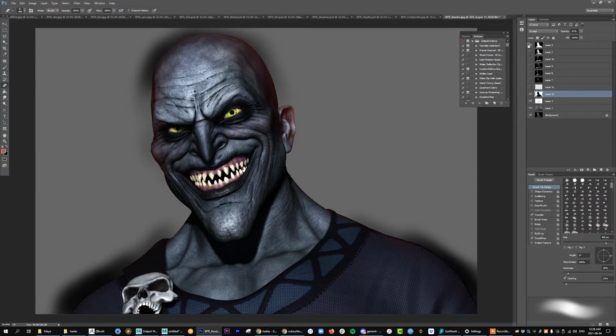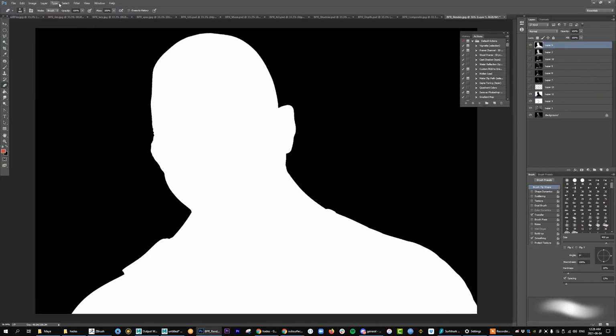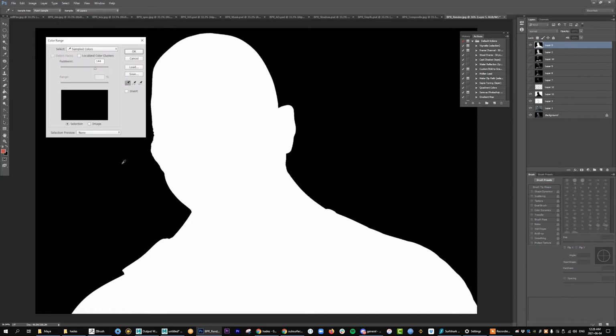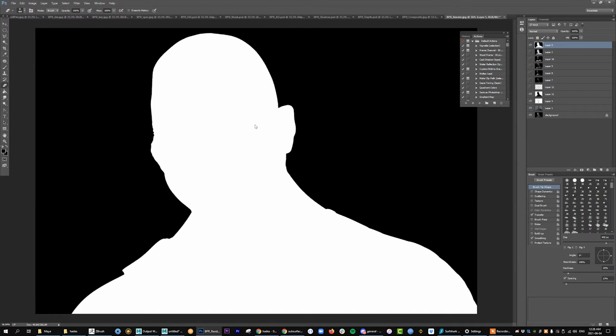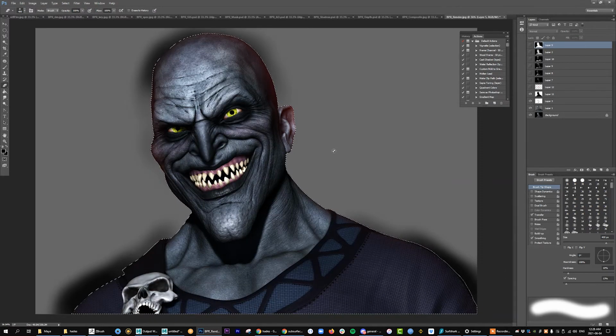What we can do right now, actually, is we can grab this guy here. I'm going to go to color range. I'm going to select the black here, fuzziness, let's go right in the middle. And I'm going to inverse that. I'm going to duplicate this layer here. Going to grab all these